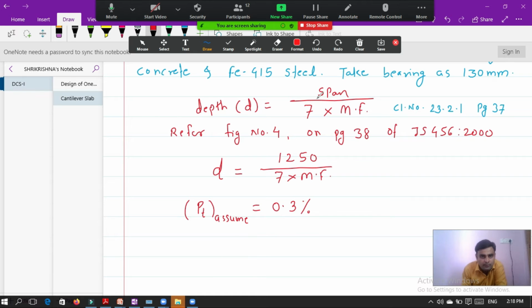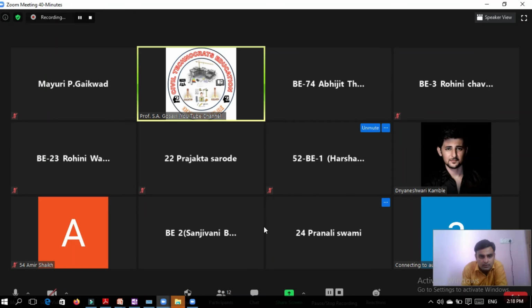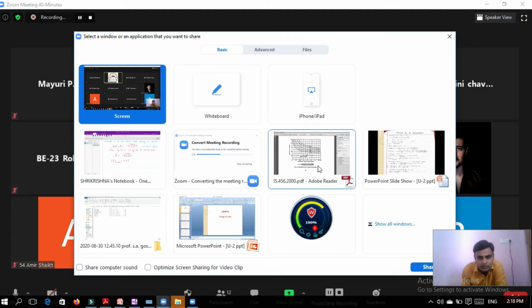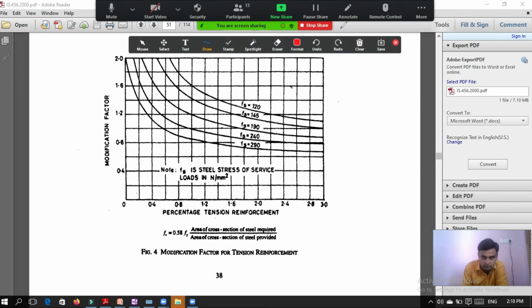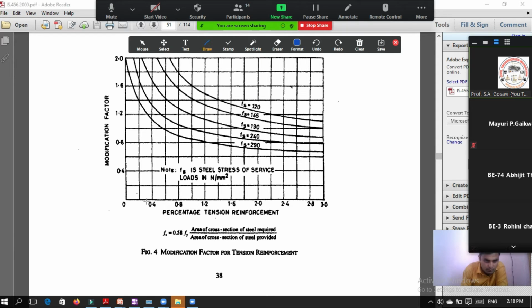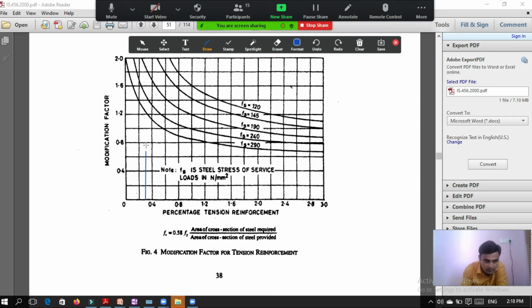So again in the IS code and this graph, if you project the lines, 0.3 may be somewhere here. If you project it, we will get the value somewhere here, and if you again project this line, it will come somewhere at this point.